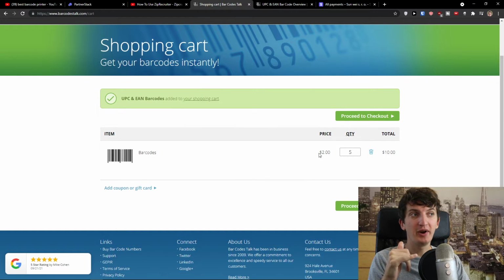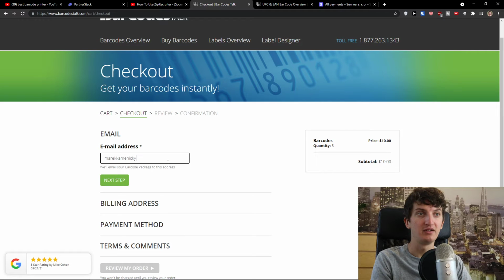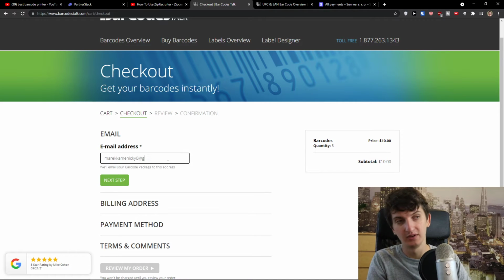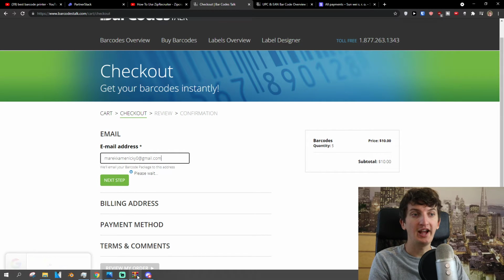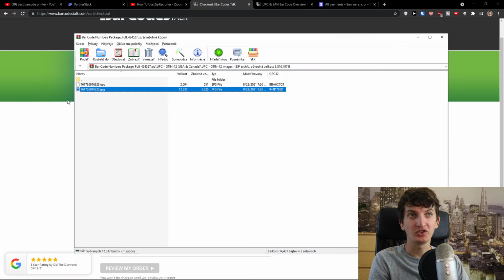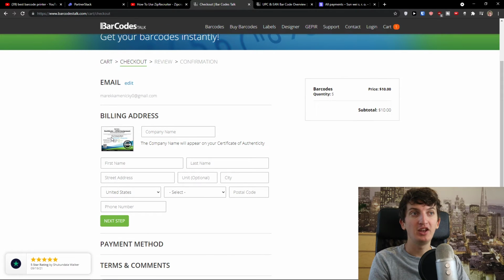Then I get to see the price, $2, quantity 5. So I'm going to pay for 5 quantity, price $2 for 1 barcode, subtotal is $10. Proceed to checkout. Then I will just add an email address right here. Now I'm going to click next step, and let's just wait until it loads. And I also bought the barcodes right here, so I will show you how it actually looks if you buy a barcode. Now you're going to have the company name appear on your certificate of